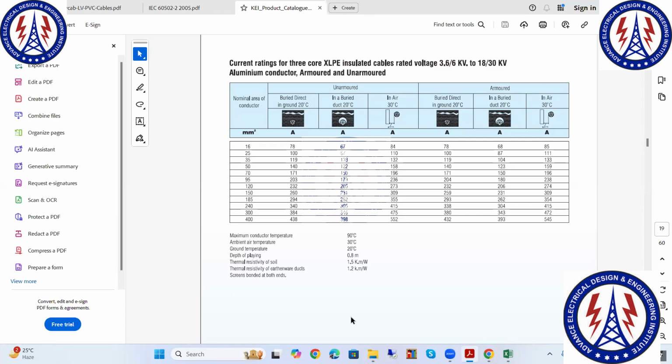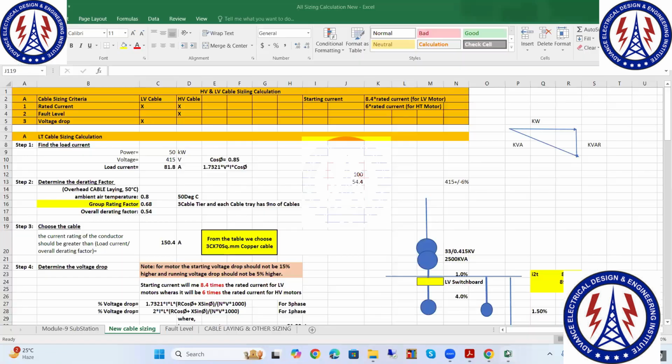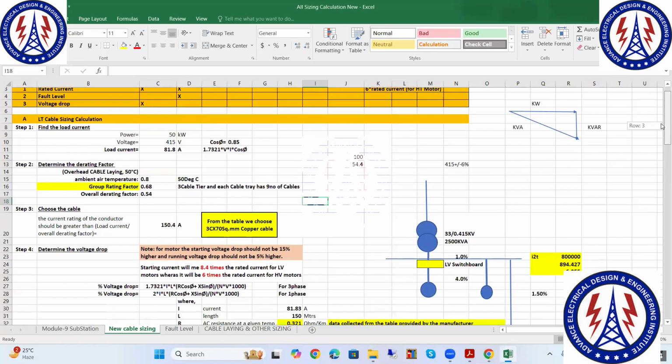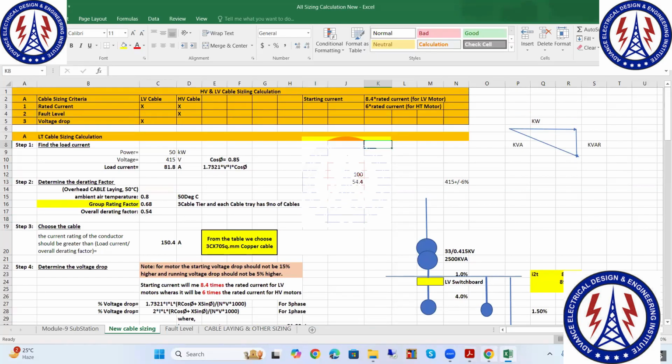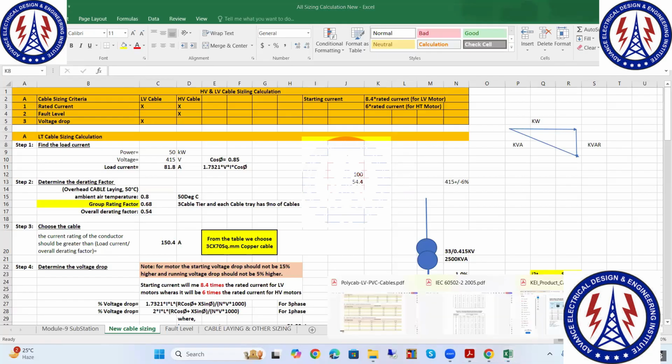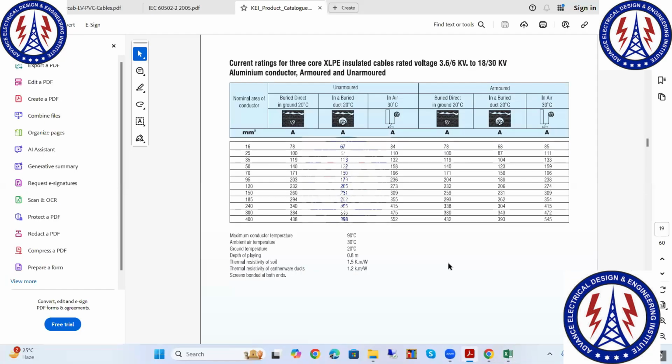Sir, is there any regulation or requirement to follow that both phase to earth and phase to phase have to maintain the same value, or can we have different values? Same value means same value for what? Phase to earth and phase to phase, because both are accidents, you know. So we need to maintain the same value or